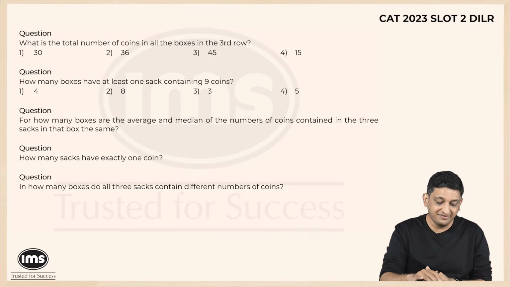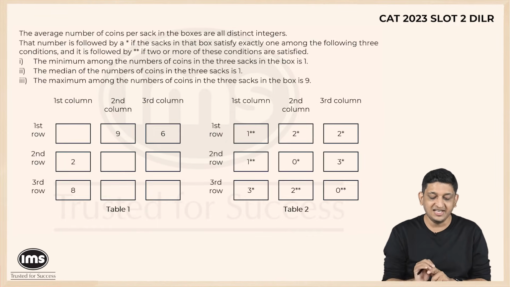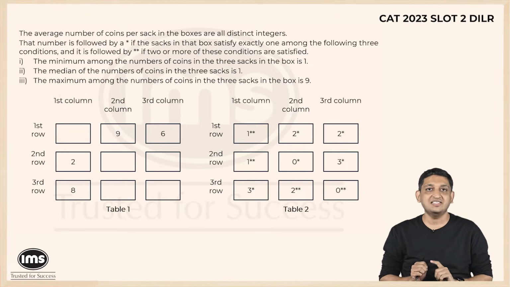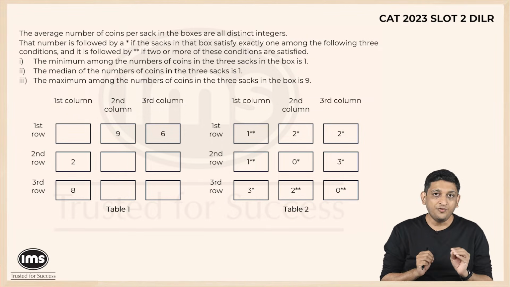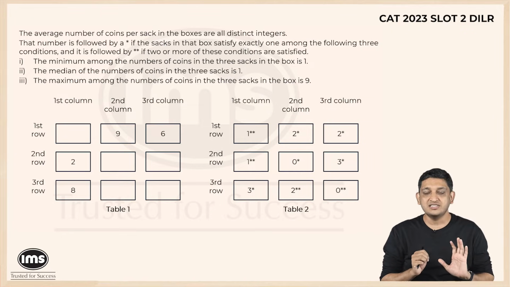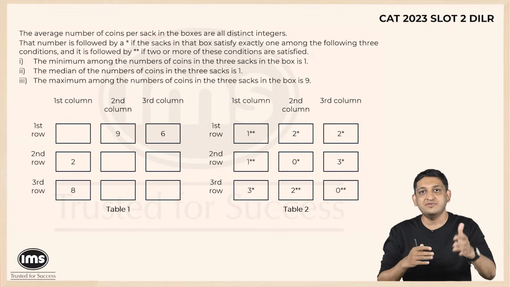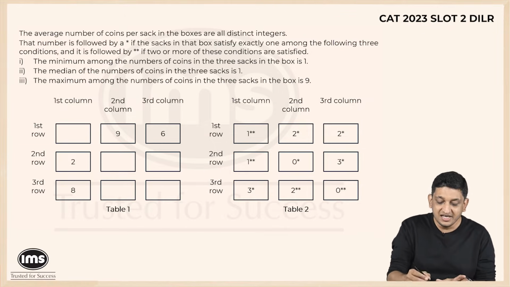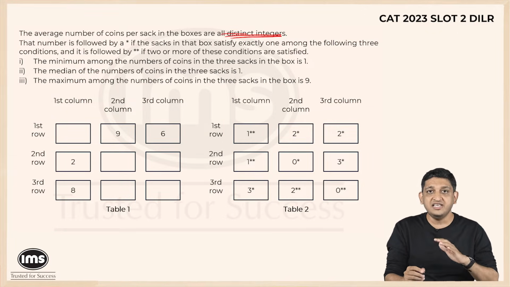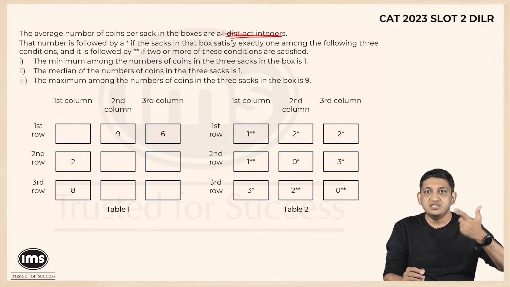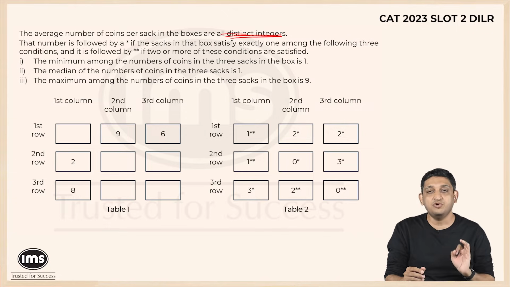So let's look at the data that we have here and let's try to represent it in a slightly more palatable format. The first thing that we need to realize is that we know for sure that the total number of coins in the boxes will range from 3 till 27. And there will be distinct multiples of 3 that will be there, right? We have already seen that all distinct integers exist in terms of the averages. So for 3 coins, the average can be 1, 2, 3, 4 and till 9. So that could be the average.